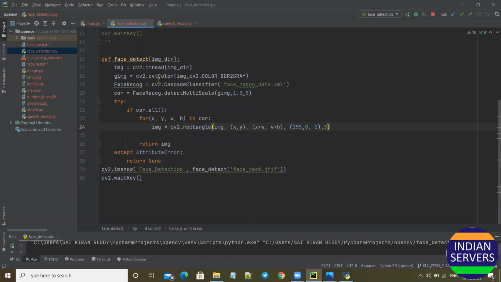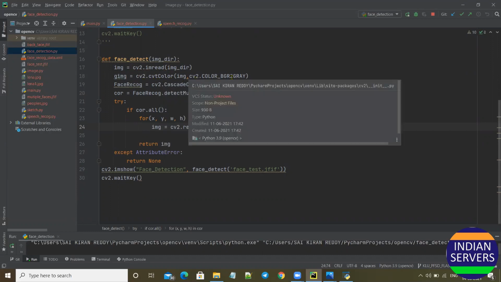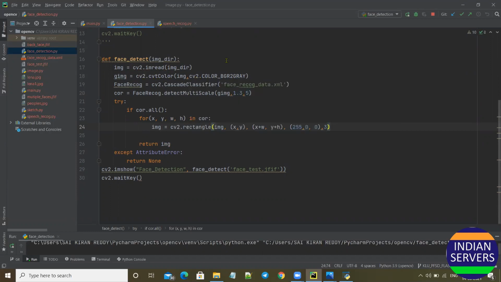Then cvtColor with image, cv2.COLOR_BGR2GRAY, which means it converts my image from BGR color to gray color. I take a variable face_recog equal to cv2.CascadeClassifier, which means it creates the XML file to load and use.